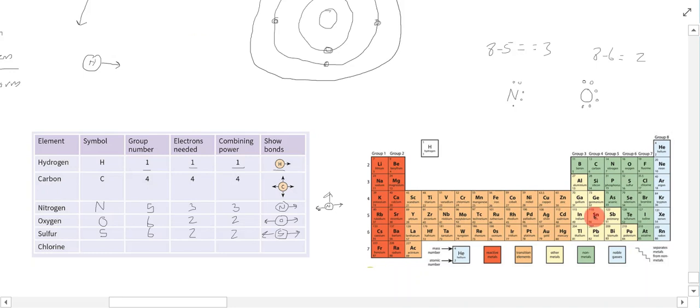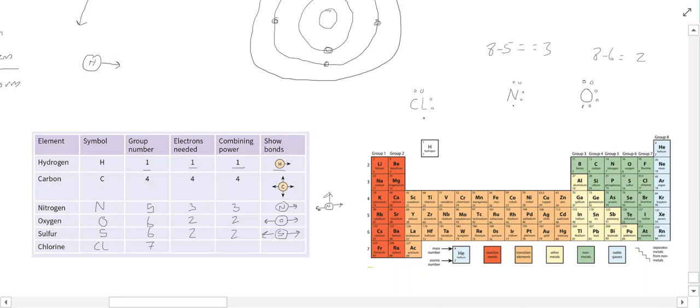And then if we think about chlorine then, so where's chlorine? So here's chlorine on the periodic table, so it's group 7. Its chemical symbol is Cl. Its group number is 7. So if it's within group 7, imagine this is chlorine, that means it has 1, 2, 3, 4, 5, 6,